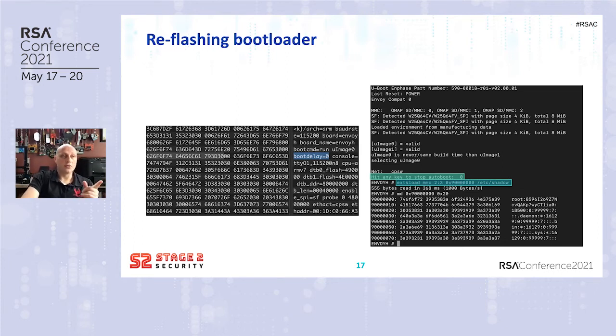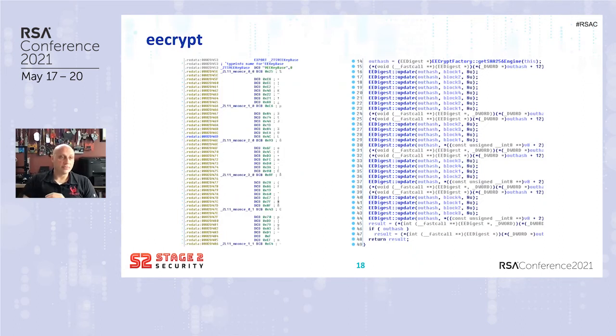What I did do, though, was using the same technique, I dumped not the etc shadow, but I dumped that eCrypt tool. I dumped that out to memory in this hex view, and then just used a little script to turn that hex view back into the binary, to reverse the binary, or I could have just run the binary inside a QEMU emulator to use the binary to decrypt these flash images that I stole on those other slides back a little ways. So with that, I started looking at the eCrypt tool, and sure enough, it was a self-contained tool that was able to decrypt those firmware images.